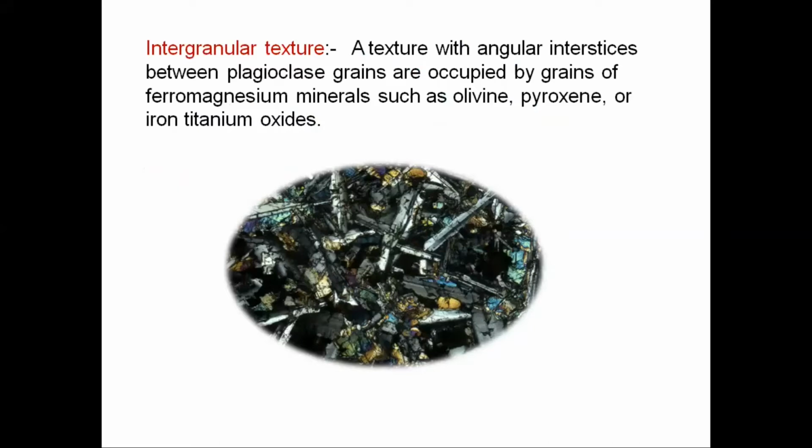Intergranular texture is an example of a texture in which we have crystals that seem to have originated from one place, or the grains are very close, and this seems to be interlinked, and the spaces between the grains are